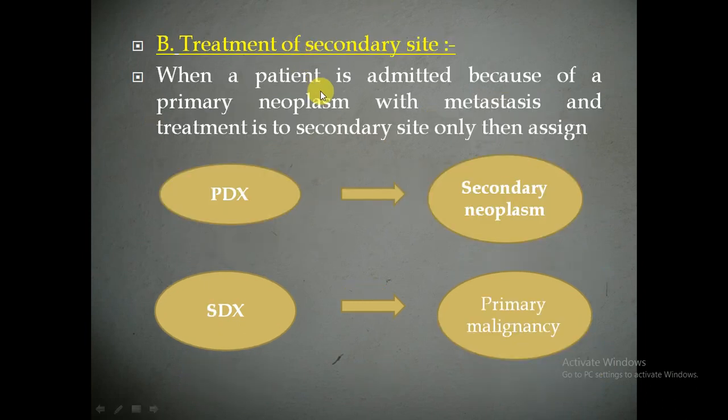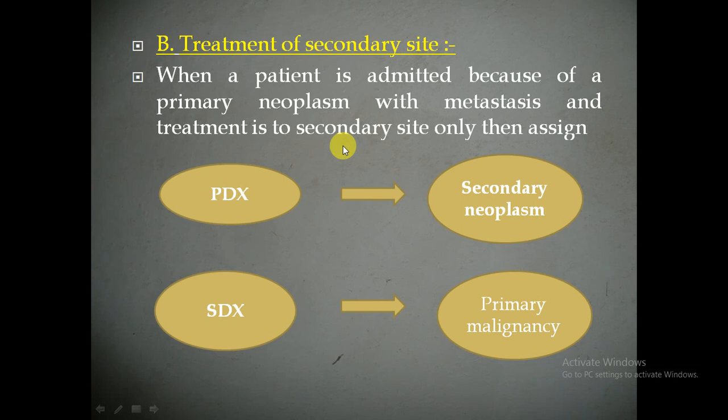So there is spreading of the neoplasm, right? That is from primary to secondary, right? Whenever a patient is admitted because of the primary neoplasm with metastasis to the secondary site and the treatment is to the secondary site, that is, from primary to secondary it is spreading, and at the secondary site there is treatment. Suppose the primary neoplasm is in the breast, from the breast it is spreading to the lungs,